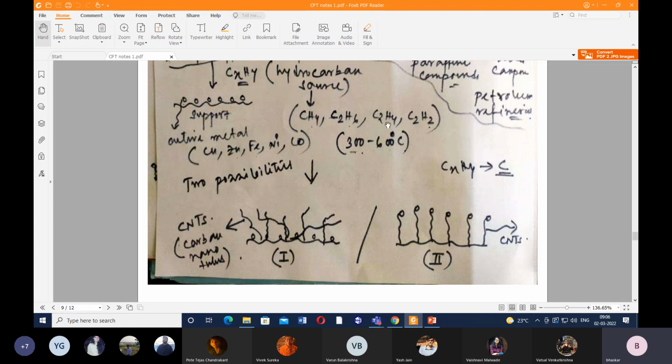Acetylene, ethylene, they will also crack into carbon. But there are two different possibilities. What will happen will all depend on the metal support interaction. So the first case would be about metal support interaction. In the second case also, I'll talk about the metal support interaction. When we have more interaction between the active metal and the support material, then what